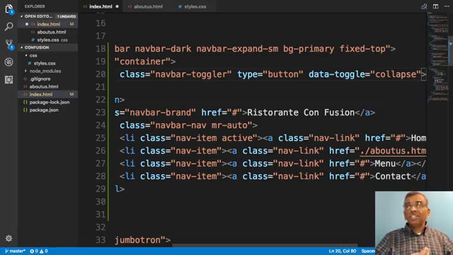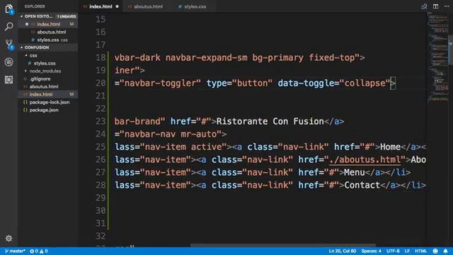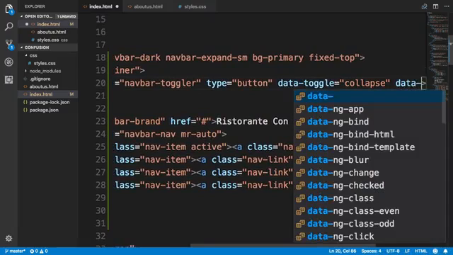We're going to look at these data-star kind of attributes more in the next module, where we will look at Bootstrap's JavaScript components. The navbar requires one of those JavaScript components to be able to toggle on and off my links in my navigation bar. So that's the reason why I quickly introduced this concept here, but we'll come back to examine Bootstrap's JavaScript components more in the next module. So data-toggle collapse, and then the data-target